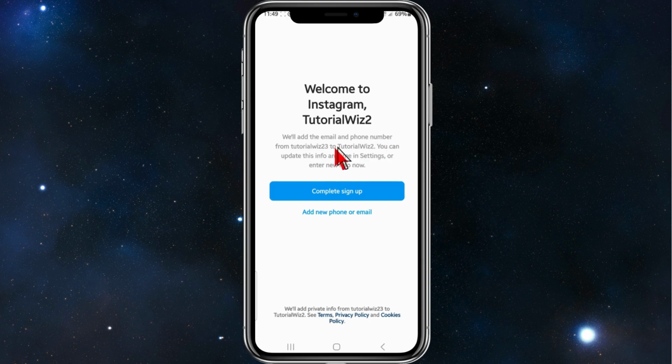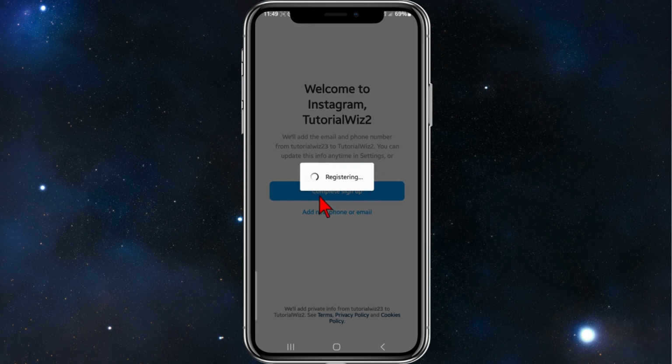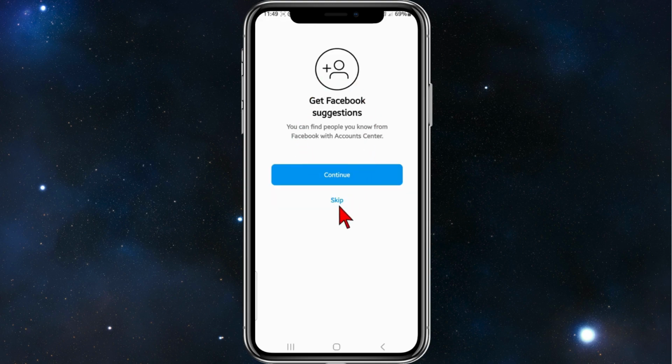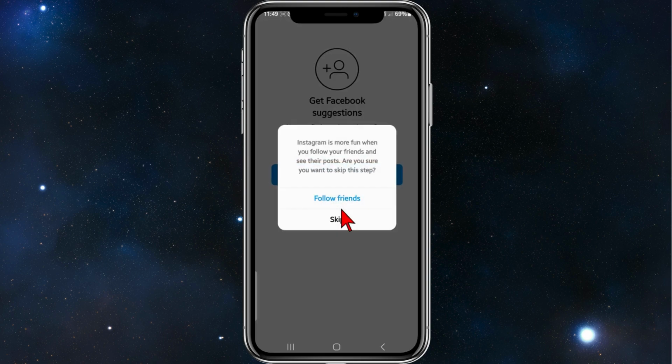We'll add the email phone number from your previous channels. You can update this info anytime in settings or enter a new info now. So now what you want to do is click on complete sign up. Now it's registering, and then you'll come across to this page. You can skip or continue. I'm going to go ahead and click on skip